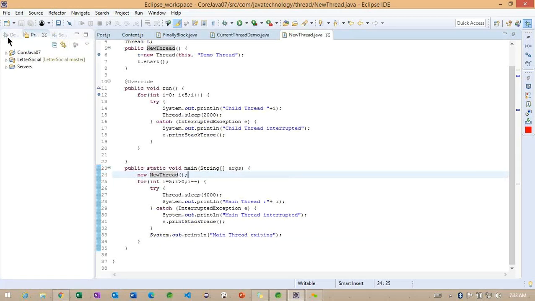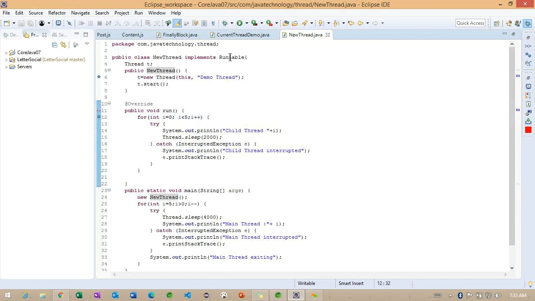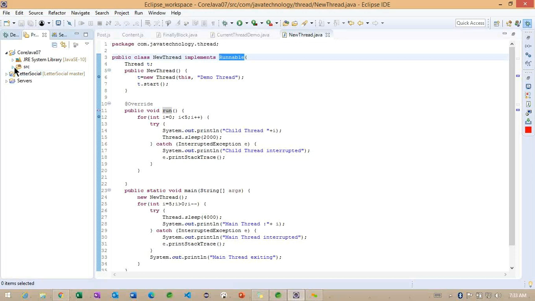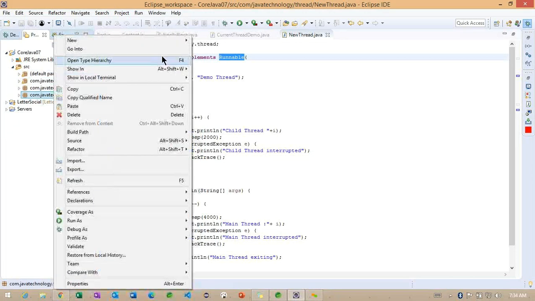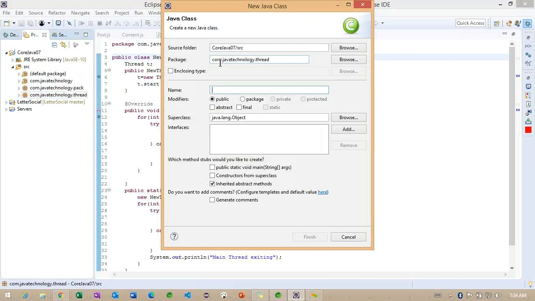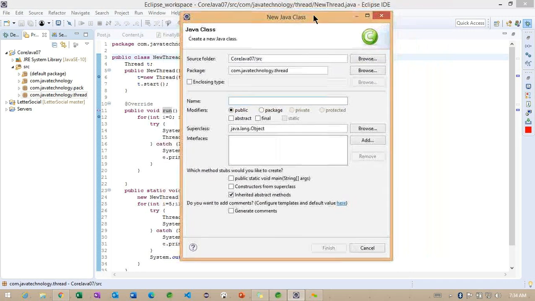And the same example, we are going to work with the Thread class here, because we just now implemented the same example using the Runnable interface. Now we'll try to focus on using the Thread class. To work on that same example, what I'm going to do, we'll try to check. What is the name we specified for the last example? New thread.